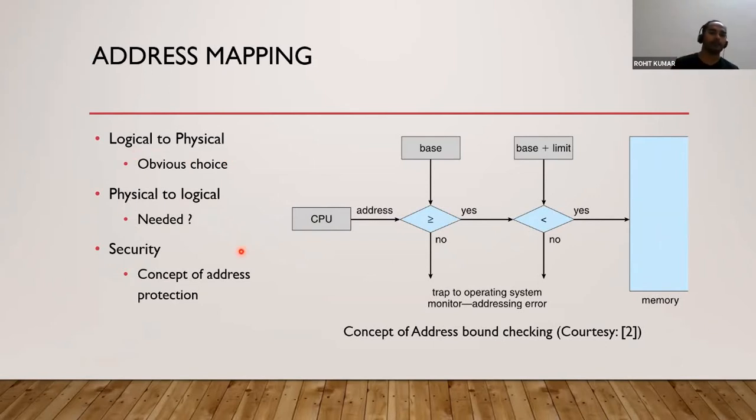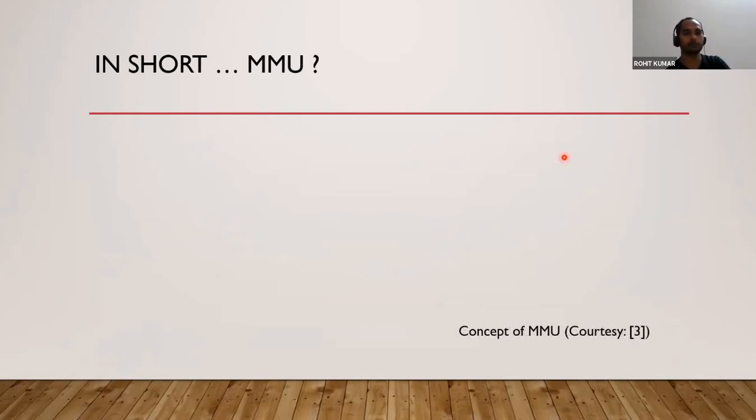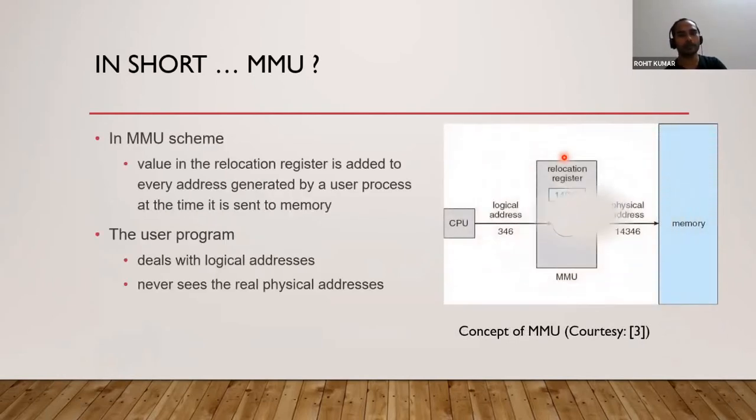Clear? Finally, the concept of security. We have already seen that we have maintained the security mechanism with the help of these two boundary checks. One is with respect to the base value and one is with respect to base plus limit. Hope it's clear. So moving forward, in short, if you want to define the MMU, the memory management unit, then what it is exactly? Now see the figure, read these two points and tell me what exactly a memory management unit is.